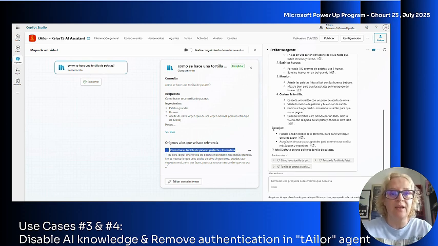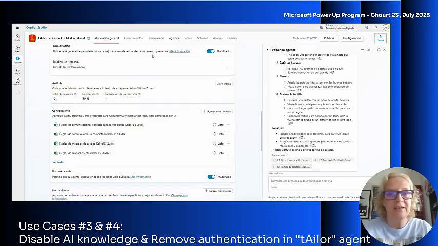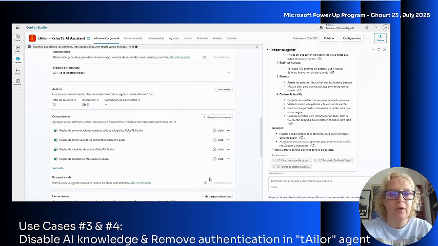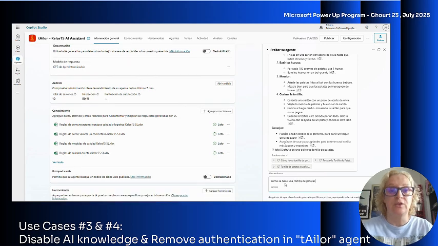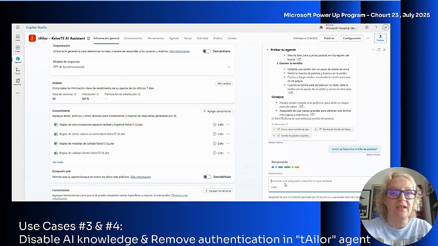I uploaded Excel files with real business rules, quality criteria, and operational protocols, and made sure they were available directly in Copilot Studio. I also disabled authentication since the agent doesn't handle sensitive data. Still, I validated that the documents only included general, non-confidential information. But that led to a small issue at first. I uploaded the Excel files with Taylor's knowledge from my OneDrive, and since the agent had no authentication, Copilot basically